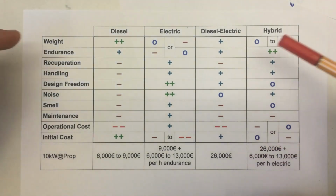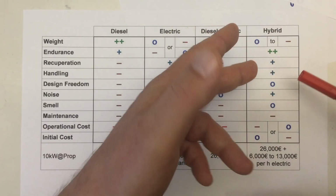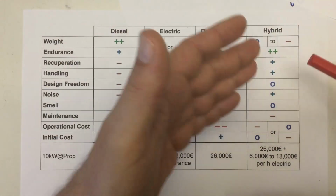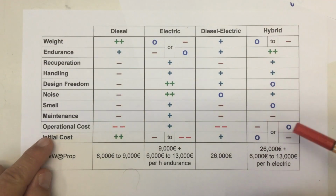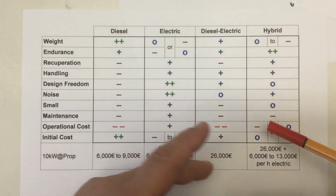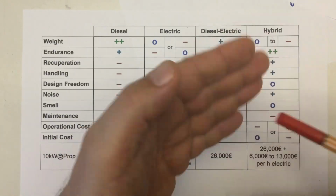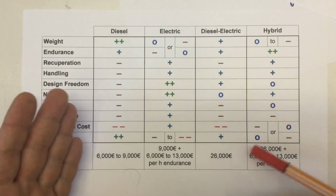If I had the money to spend and could stomach the weight penalty, I would probably put a hybrid propulsion with a smaller battery capacity into my pleasure vessel and enjoy all its benefits, including somewhat lower operational costs. But that's my personal opinion. There might be commercial applications where the higher initial costs for a hybrid propulsion might be regained over time by the somewhat lower operational costs. Again, we are talking ferries here, passenger crafts, whatever. We are definitely not talking freight, where every ton of your ship that is not freight you are paid for means you lose money. When it comes to freight, it's probably diesel all the way,